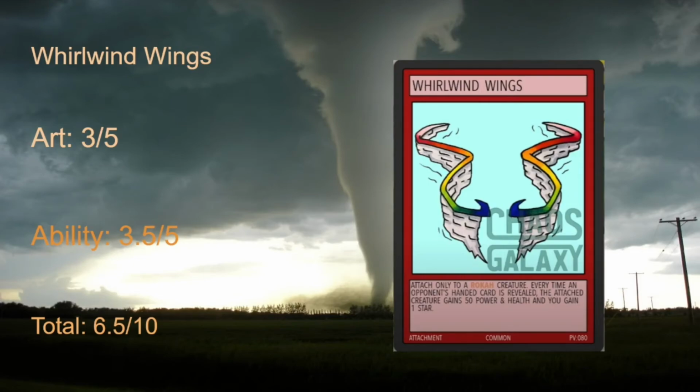Next is an attachment called Whirlwind Wings. So the art, I think, is pretty neat. It's got that nice rainbow color on the top, and the wings look nice. Overall, nothing much to see here, though. The ability: attached only to a Rokah creature, so this helps with Rokah. Every time an opponent's handed card is revealed, this attached creature gains 50 power and health, and you gain 1